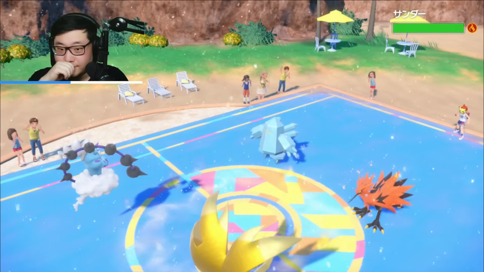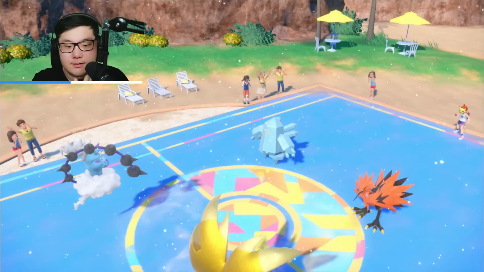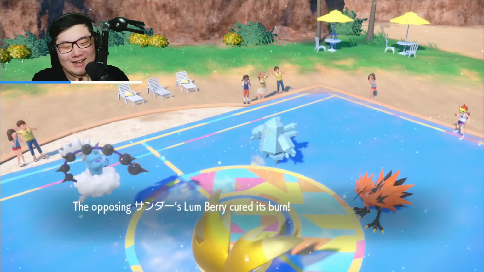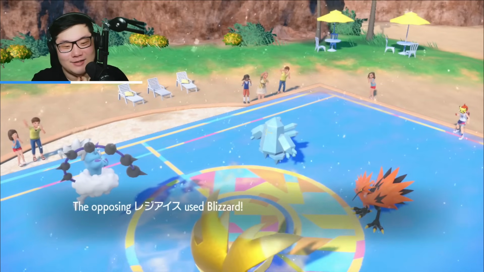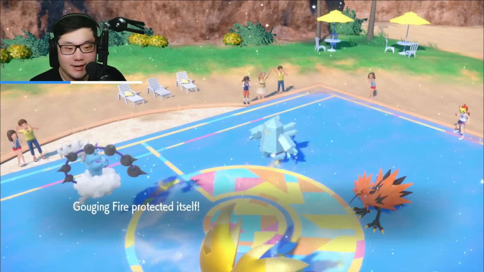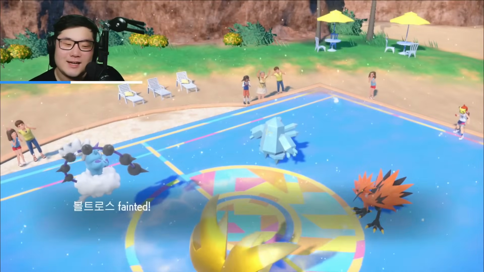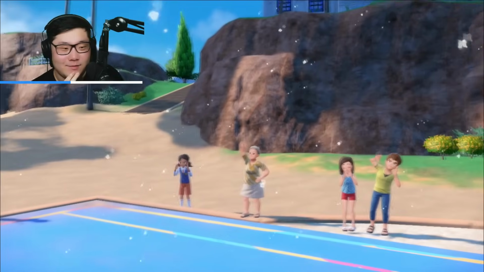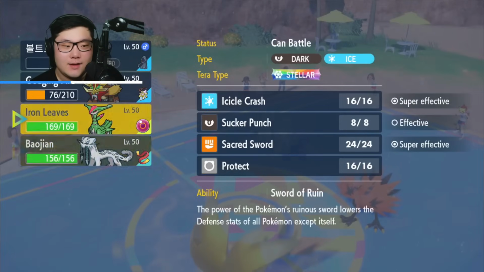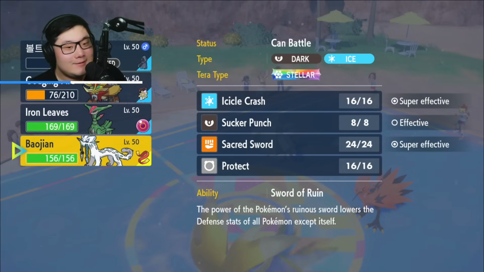Okay. So that's really good. Lumberry. Okay, so at least I know it's not like Choice Scarf. That's not a factor here, so it's not something super crazy. Okay. I'm trying to figure out if there's like some Terra involved here that I'm just not seeing. I am going to go out into...